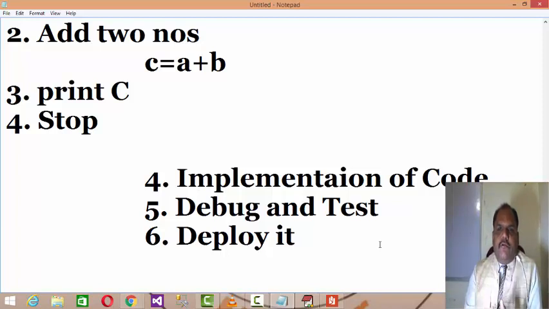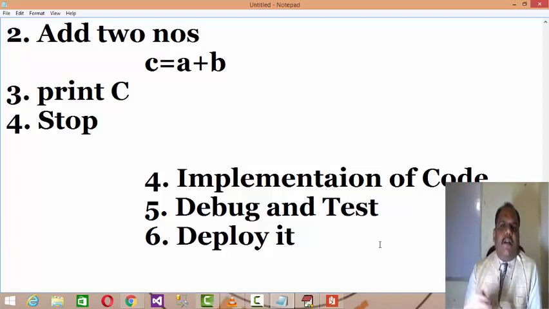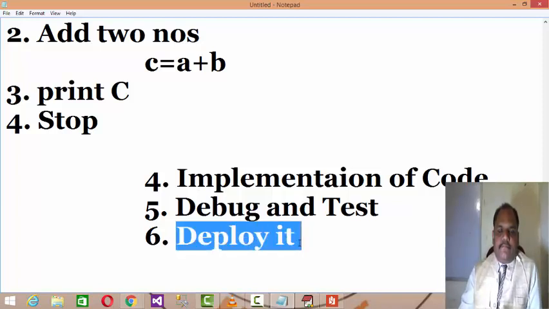So why are we going to do the errors? Initially, I do agree that as we are freshers and beginners learning to write the syntaxes, some errors are bound to happen until you get expertise. But try to work it out so that you are able to develop bug-free code. And then finally, if you dry run the things, you will get the output out of it, and finally you need to deploy it.